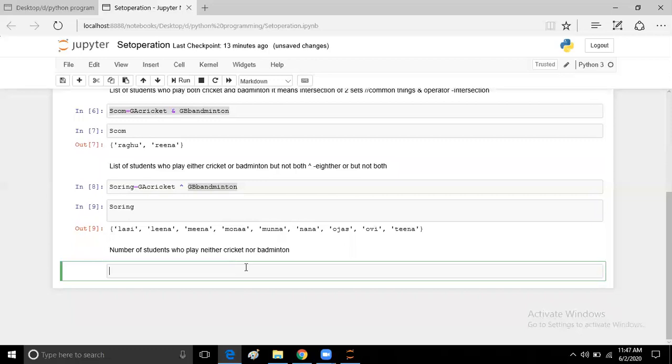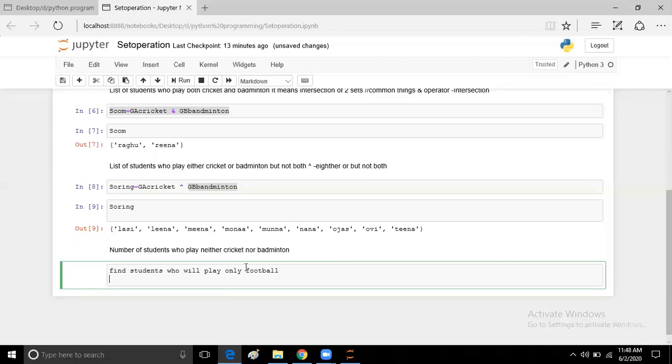So we have just the third option: we have to find such students who play only and only football. Okay, this is the scenario, right?